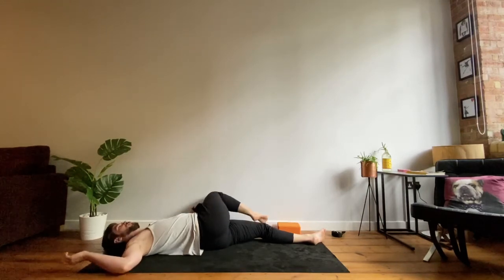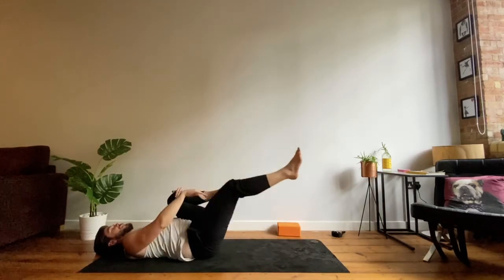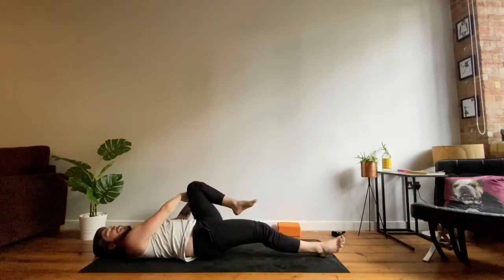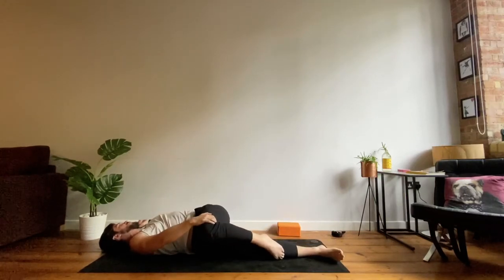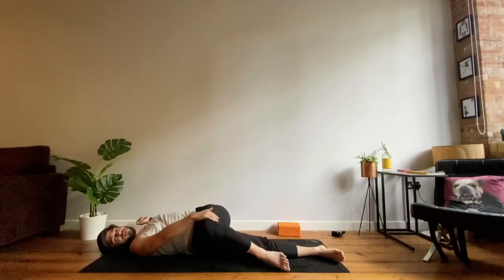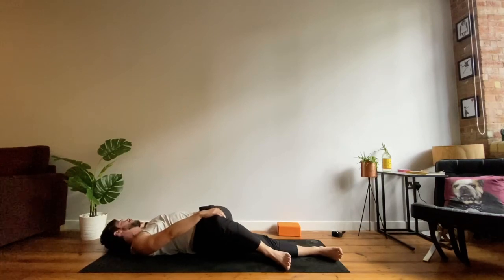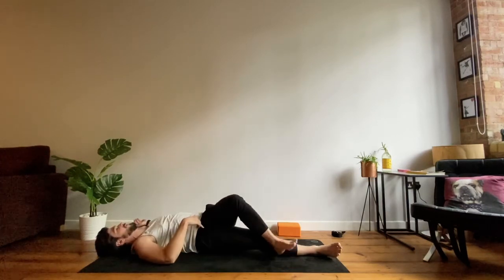Then other side, bringing that right knee into your chest. Left knee too. And then send the right knee away. Knee into the armpit, and then that left knee towards the right side. Keeping again shoulders on the mat. If you want, you can use your opposite hand to go a little bit deeper in that pose. And then gently untwist,